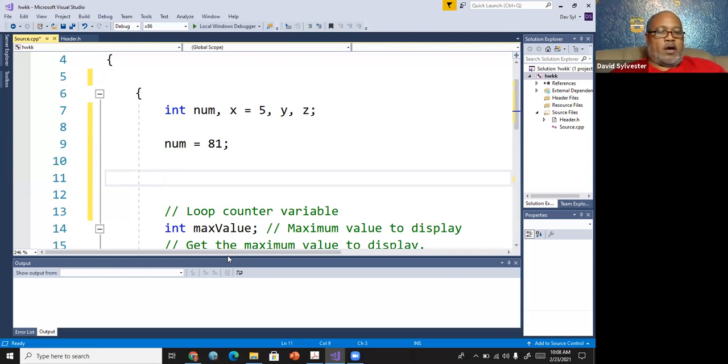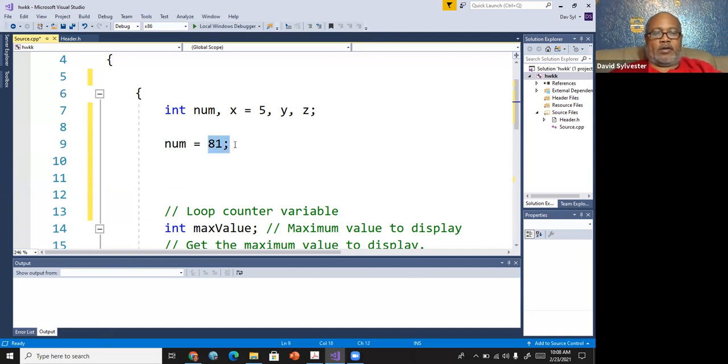All right. So now, at this point, we declared num, didn't give it an initial value, but then the next statement or statements further down in the program, we gave num a value. So here we're assigning a value, all right?